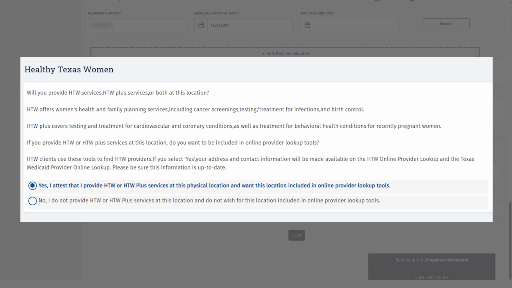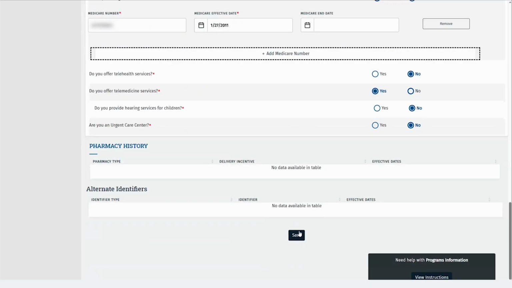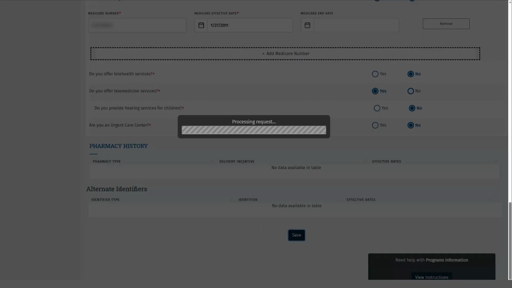You may have a Healthy Texas Women or HTW question, depending on your provider type. If your provider type participates in this program, click Yes to this question. Be sure to add an HTW attestation in the Licenses Certifications Accreditations tab and associate it to your program, as we reviewed when adding our CLIA certificate. If you see this question and you do not wish to participate in HTW, then select No. After all the information within the program has been entered or confirmed, click Save at the bottom to complete that